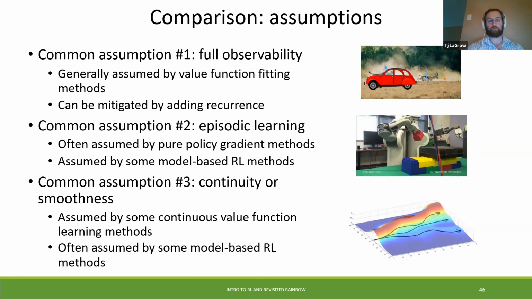Episodic learning is often assumed by purely policy gradient methods. So this is just learning over and over. So the difference here is between learning how the chess game is either won or lost, or using the rewards on each action that you're taking given the state of the board. And so this is one of the differences where you have to define that, or even the smoothness of the function that you're trying to fit. Either it's going to be continuous or discrete.